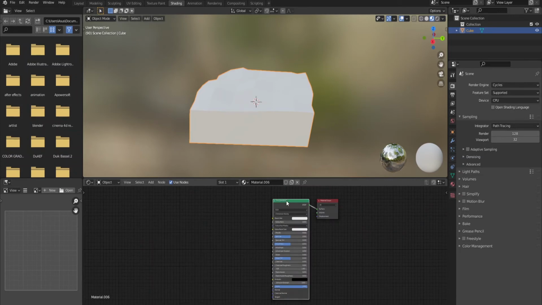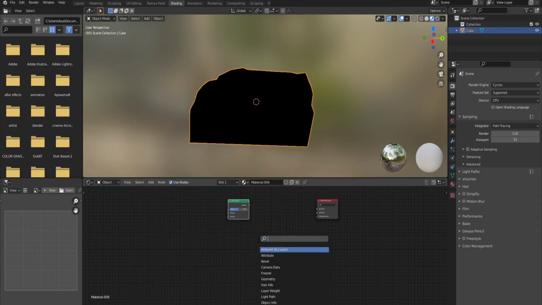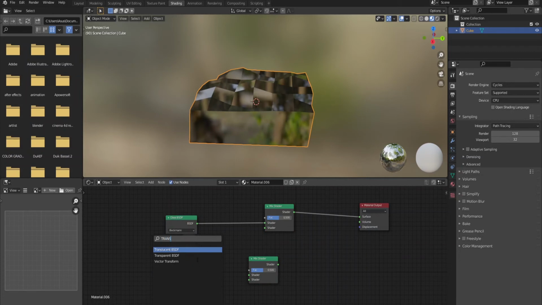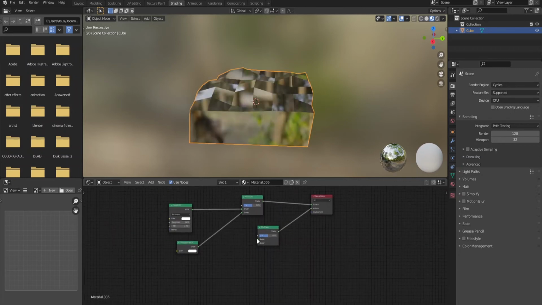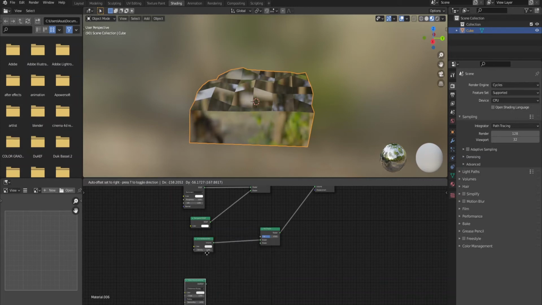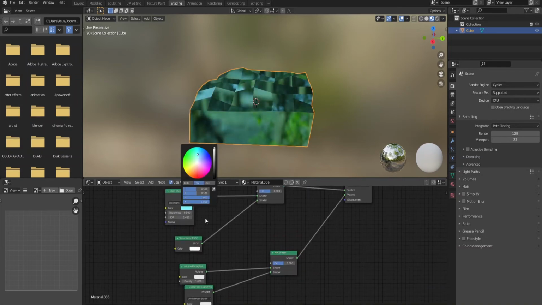Okay guys, so now I'm going to delete our principled BSDF. I'm going to add here a mix shader, okay, and I'm going to add another mix shader for later. Plug this into the surface of our material output, and I'm going to add here a glass BSDF and a transparent BSDF too. Okay, now I'm going to plug this mix shader to our volume. Okay, and I'm going to plug here a volume absorption and a subsurface scattering. So let's search here subsurface scattering right over there, and let me change the color to something like that. Okay,